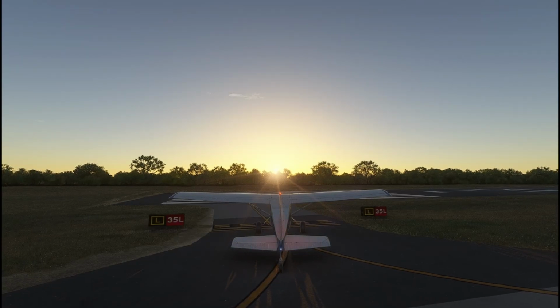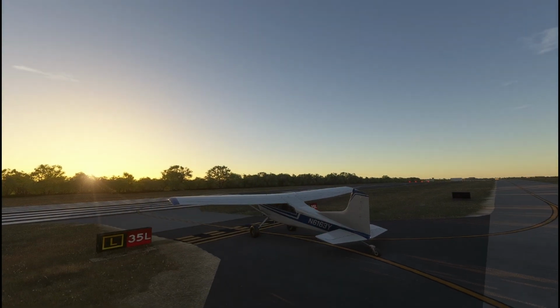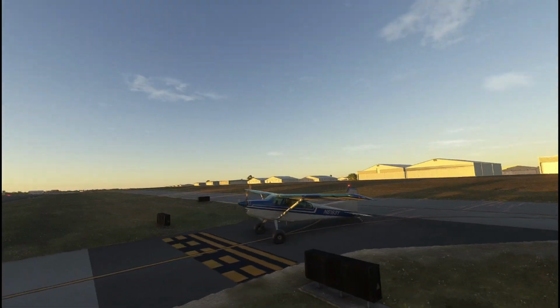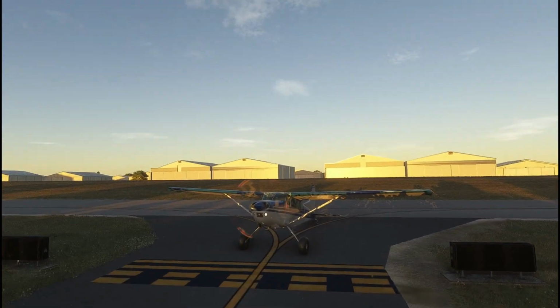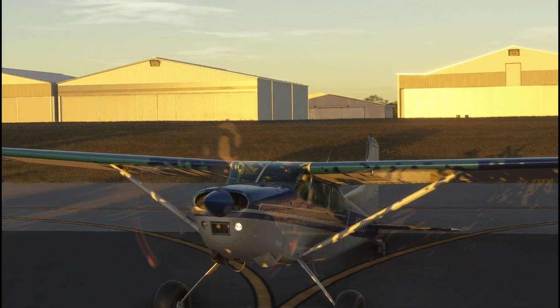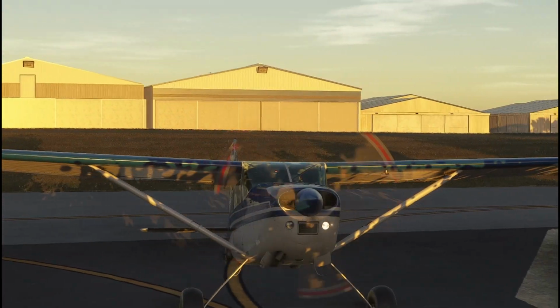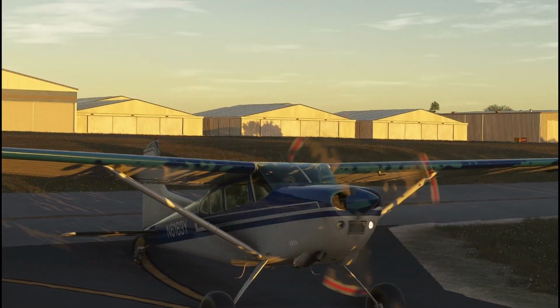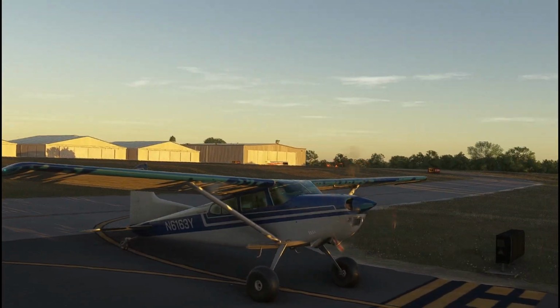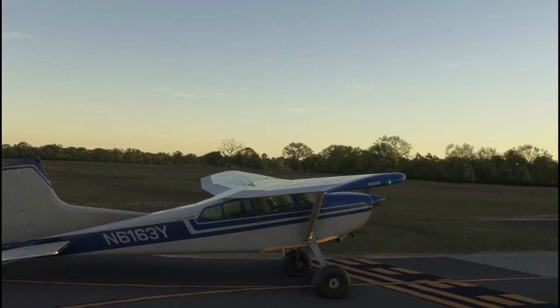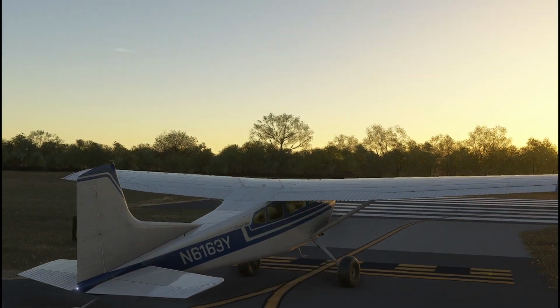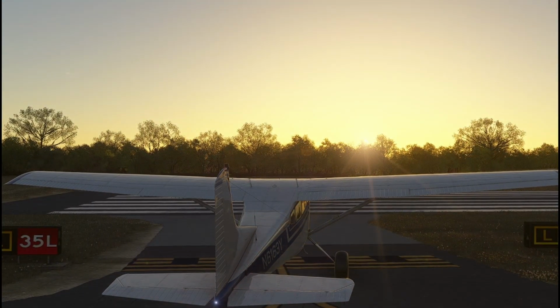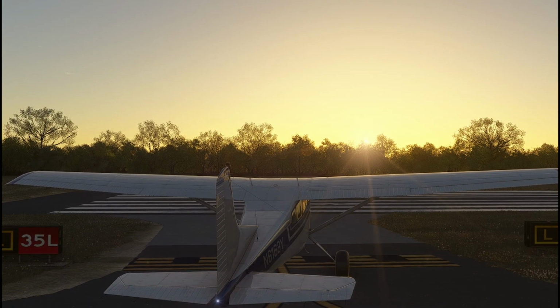Hello folks, back with just a little video here going through some of the video setup and what it looks like for Flight Simulator 2024. As you can see, we've got shadows across the airplane from the setting sun cutting through the trees. So I thought I'd do a little bit to see what each effect looks like when you're flying around, and